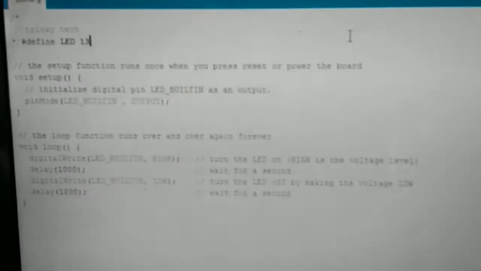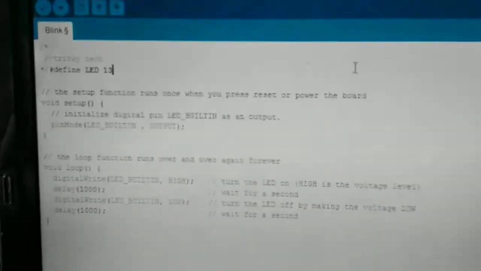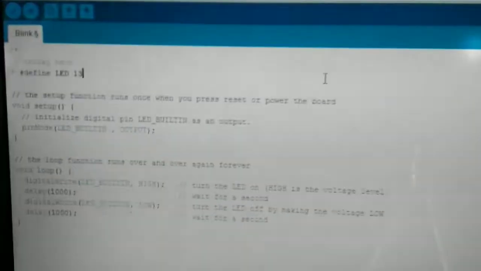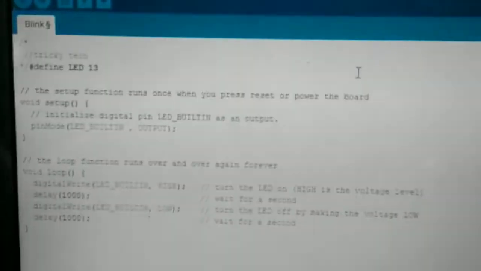Now you will write this code in software named Arduino IDE. The Arduino IDE is software that is used for Arduino coding. The Arduino IDE full form is the Arduino Integrated Development Environment. You can download it from Google. I think it is only suitable for PC. So you have to write this code.